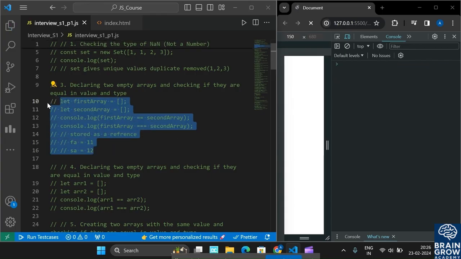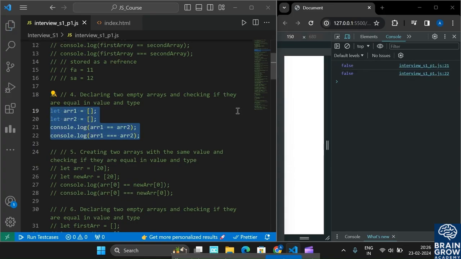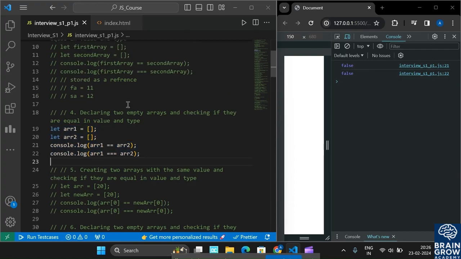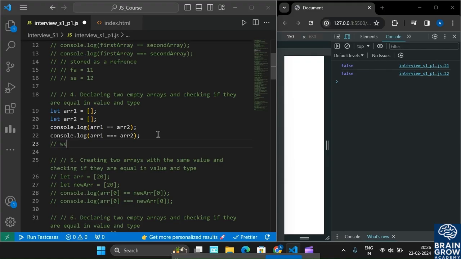And after that, let us move to the other questions. Declare two empty arrays and check if they are equal in value and type. So here is also the same reason, because here we compared array addresses, and the addresses are not the same for different arrays. So that's why this gives